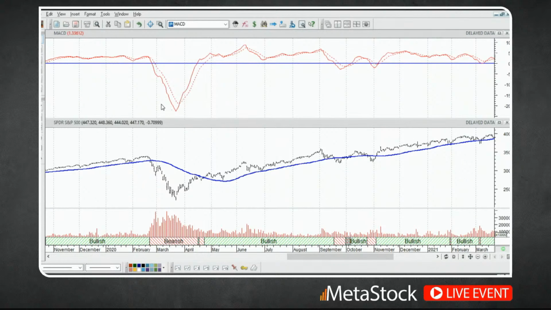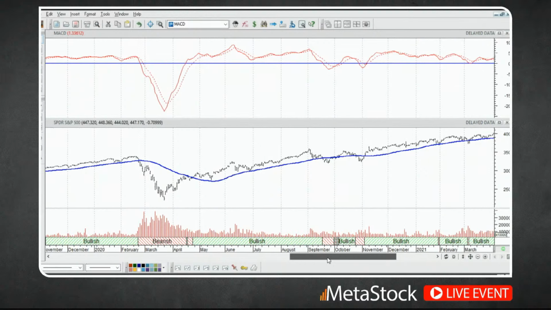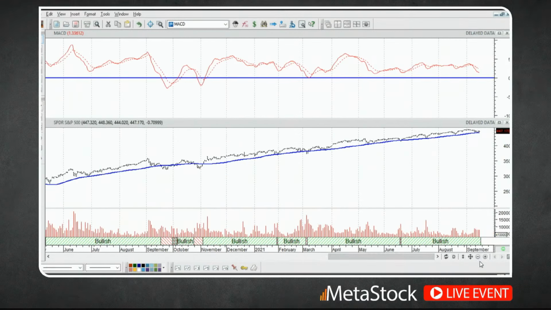So for example, where this line is going up above the dotted line, that's where most people look to actually purchase or basically go long. And vice versa, when that solid line goes down below the dotted line, a lot of people look at that as a sell signal, or possibly go bear, or possibly get short on a security, if they're selling the security short at that time.